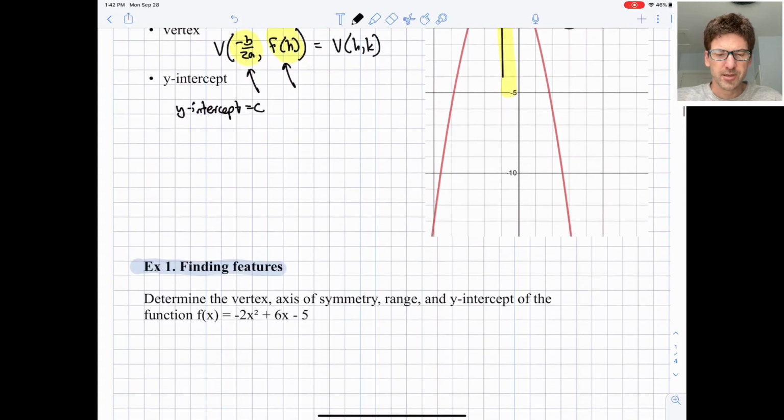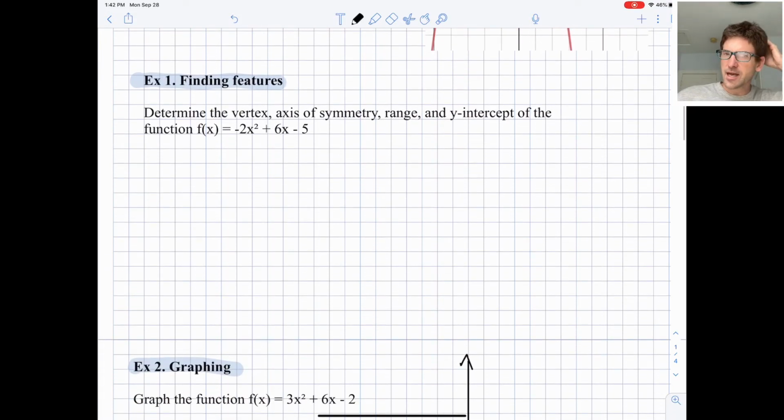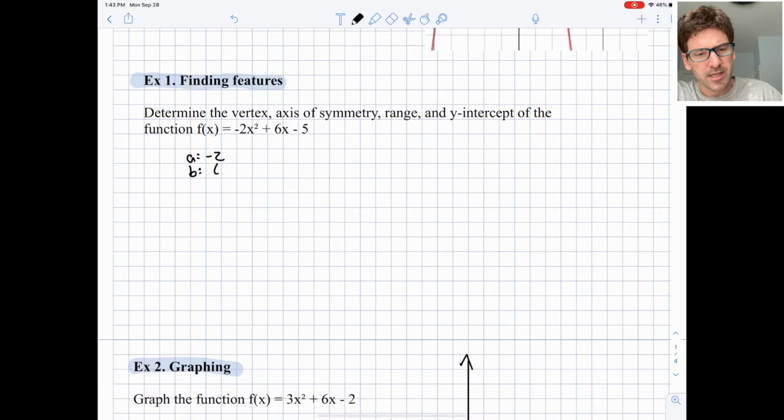All right, let's do a couple examples. So let's determine the vertex, axis of symmetry, range, and y-intercept of the function. Okay, so the vertex, we're going to first use negative b over 2a. But before we do that, I really like to simply write out what a, b, and c are. Okay, so to find the h portion of the vertex first, we'll do negative b over 2a,